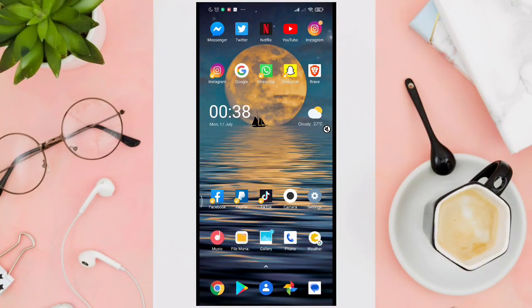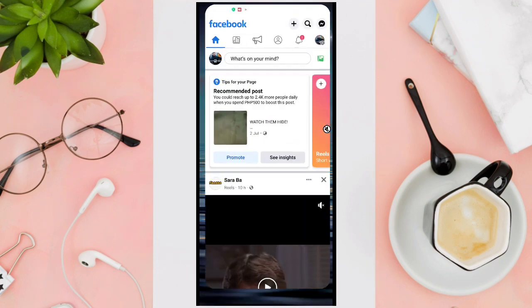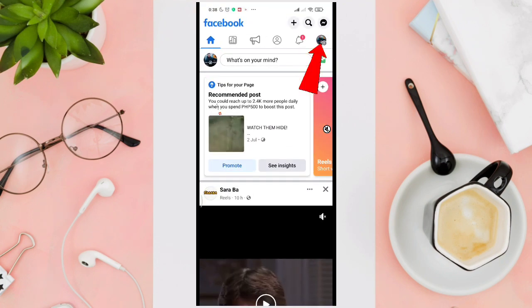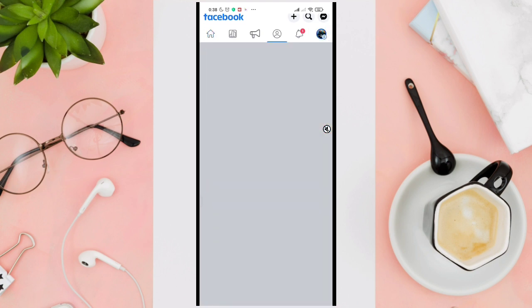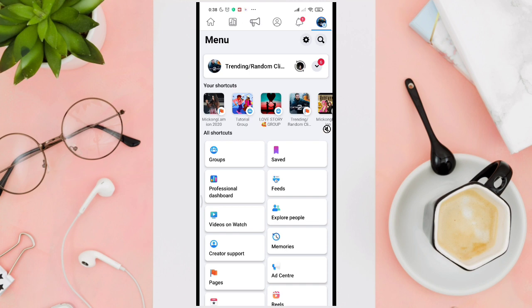So in this video tutorial, I'm going to show you how to enable check-ins on your Facebook page. First, just open your Facebook application and make sure that you have switched your account to your Facebook page account, okay? And click on your profile picture at the top right corner of your screen